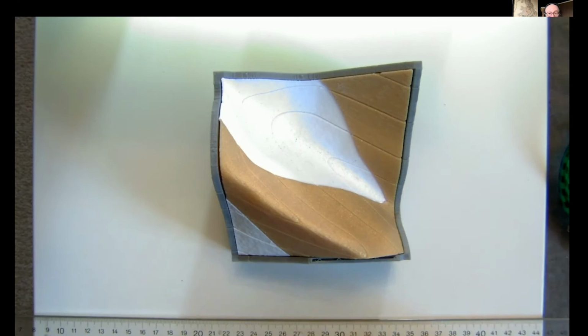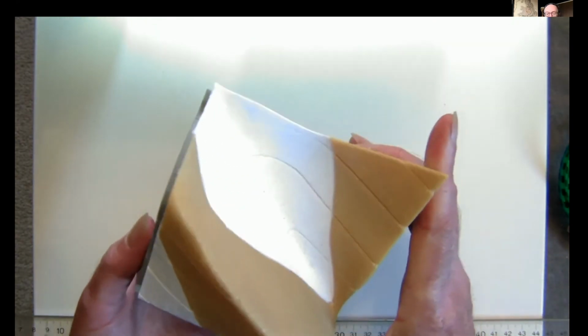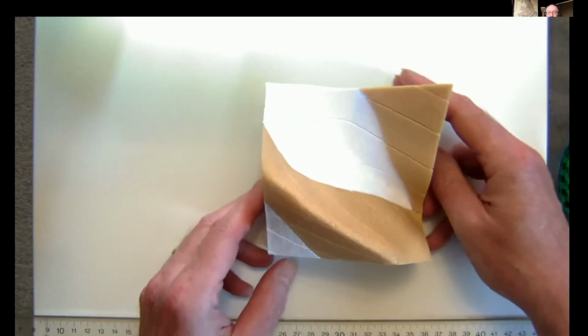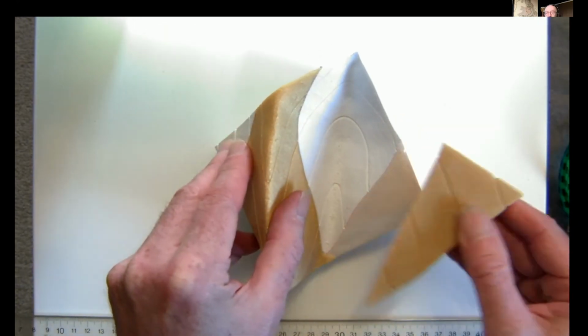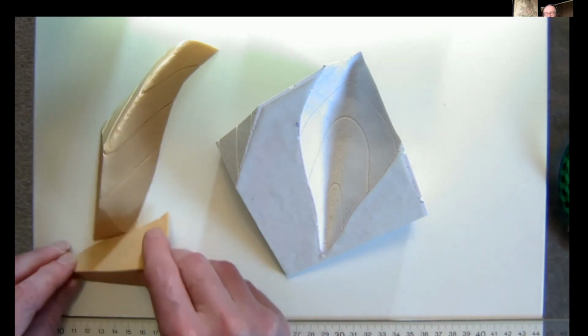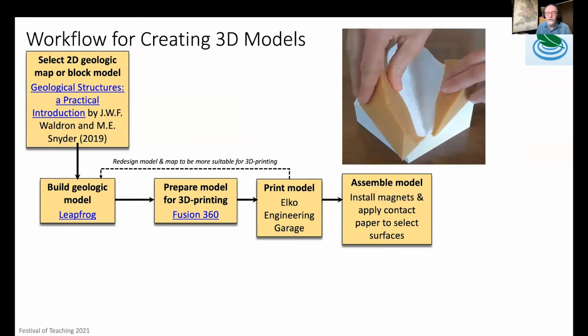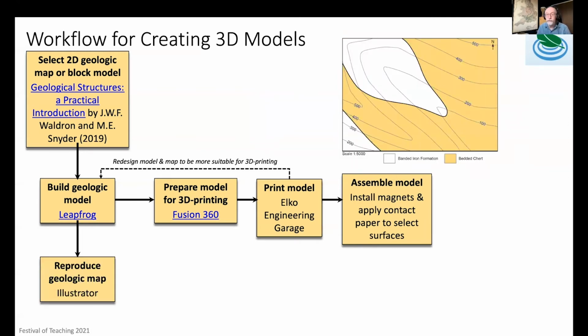Now, there are some things we discovered as we were building the model. A map that works very well on paper may not work super well when it's printed in 3D. So this particular model came apart because we had left a piece that was very thin, which we didn't realize. So we actually redesigned the model, and we have a better version ready to go now. So finally, once we've adjusted the model, we actually reproduce a new geologic map in Illustrator. In this case, we just extended it to the east a little bit so that it would not fall apart so easily.